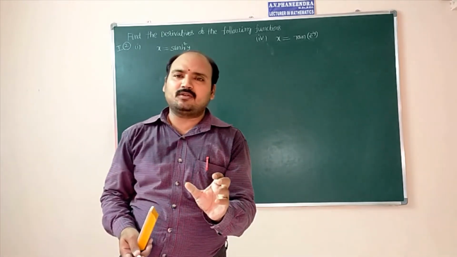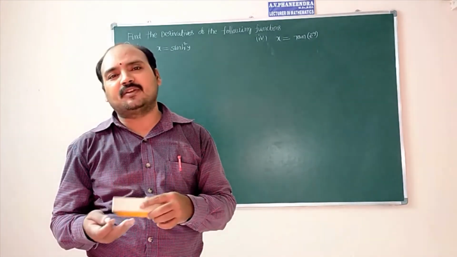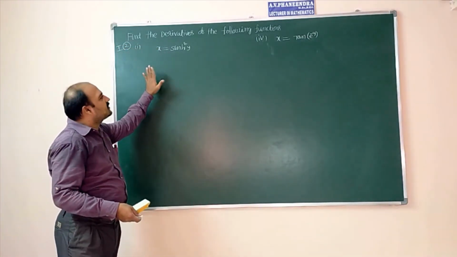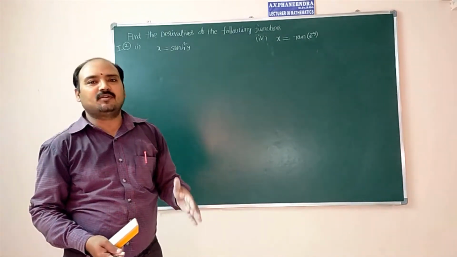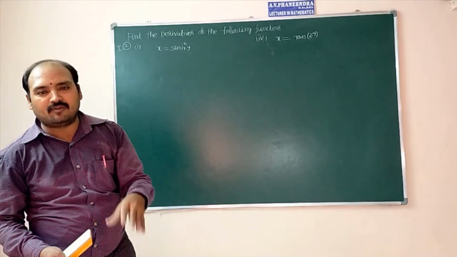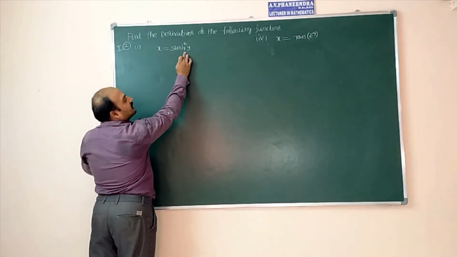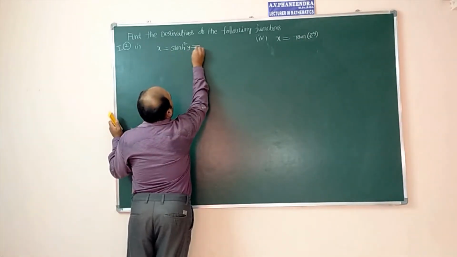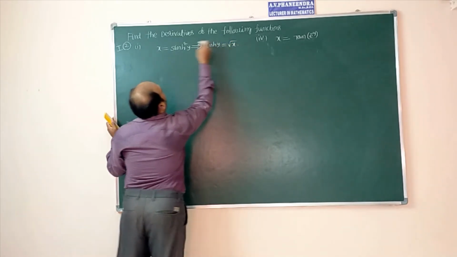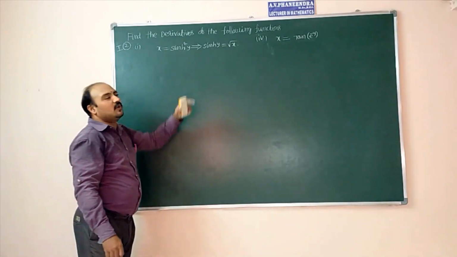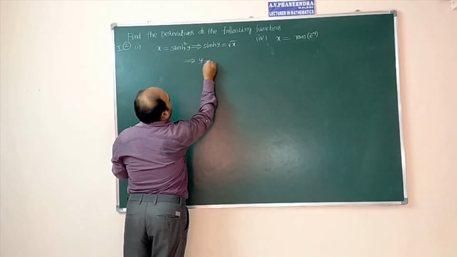You remember that when the given function is y in terms of x, it is directly differentiated. But here the question is x in terms of y. So my suggestion is, first convert y in terms of x. What we have to do for this? x equal to sinh square y, that implies sinh y is equal to root x. If you remove the square here, a square root will come. From this, sinh y is equal to root x, so y is equal to sinh inverse of root x.